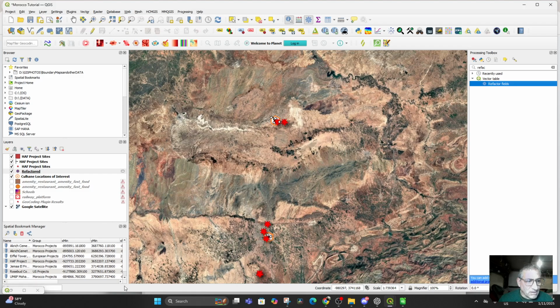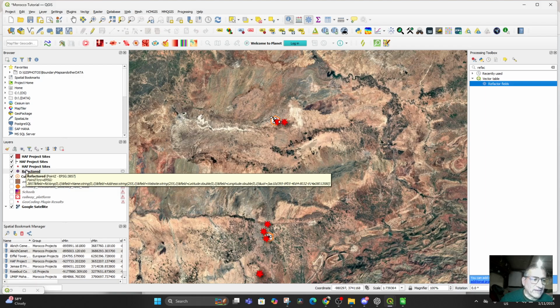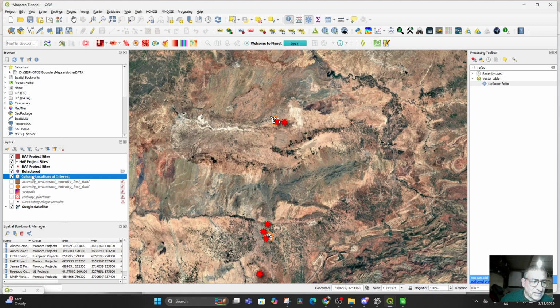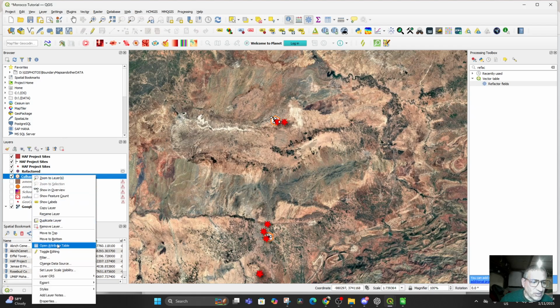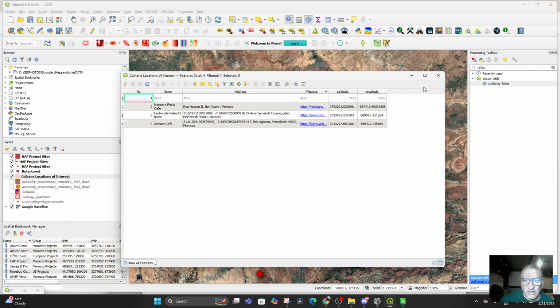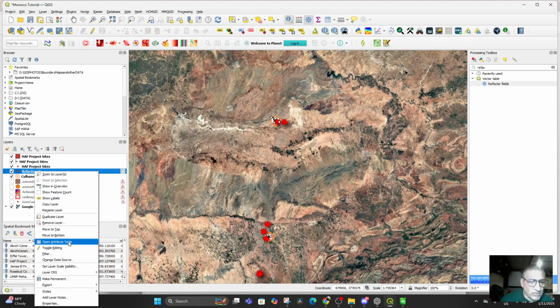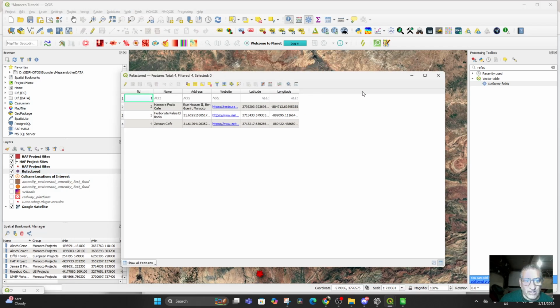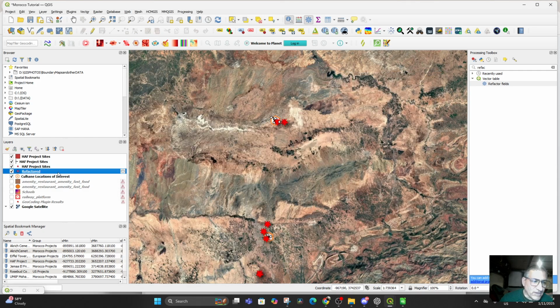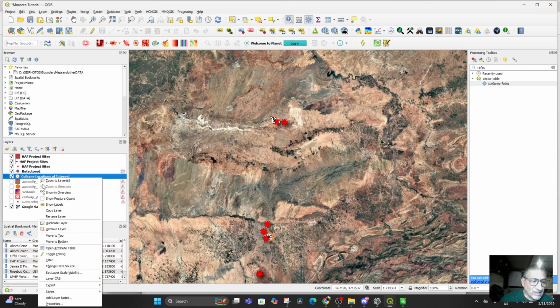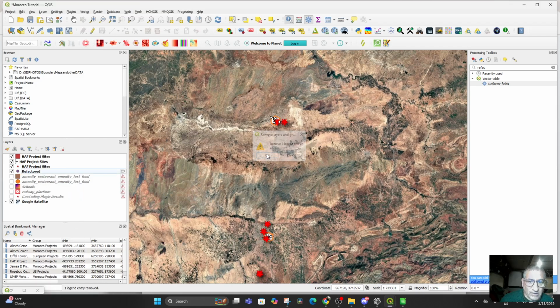Close. And let's see, did it actually... Oh, now it's got something called refactored. Oh, that's crazy. Like, why do we want to do that? So if I open the attribute table here, then it doesn't change the darn thing. But if I go to refactored and I open my attribute table, then it has changed it. And so then I would have to go back and delete this,